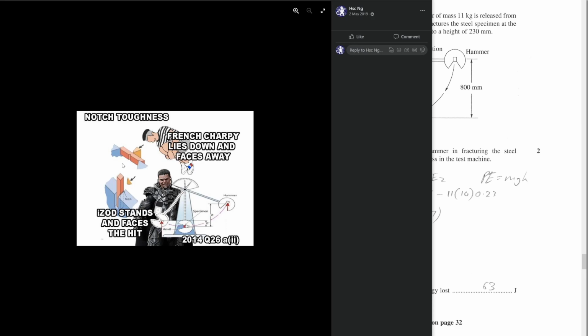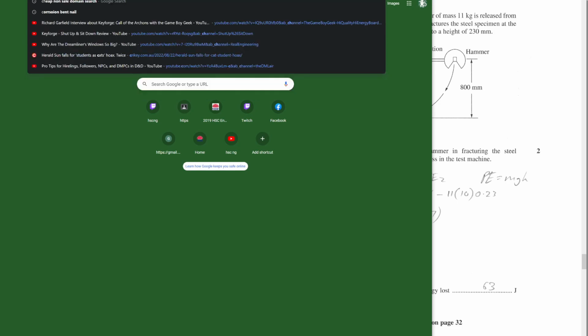Anyway, moving on. This test, I was teaching at this point in 2014, and I heard comments on ESNet about this question in particular, and I don't think I would have appreciated nearly as much as I do the difference between the IZOD and Sharpie test if it wasn't for IZOD. Now, also, this is probably the time where I can talk about my recent purchase of